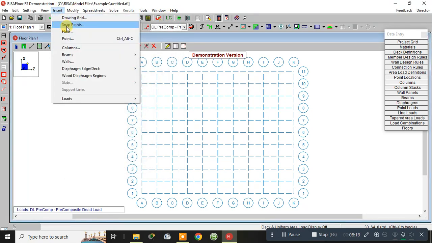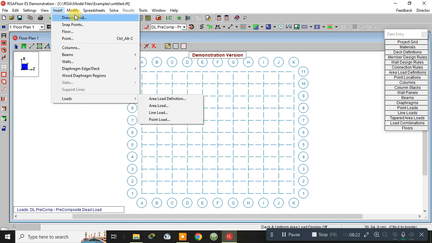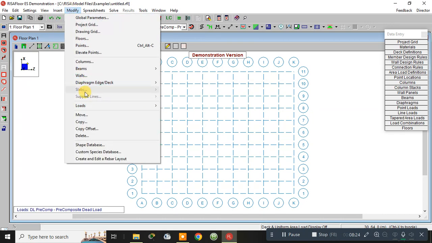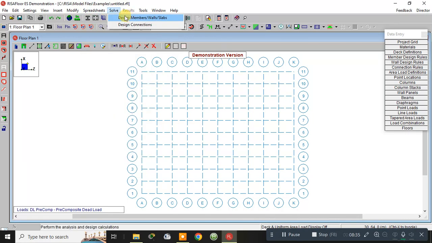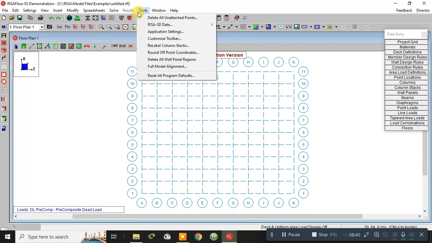After that you can go to the floor, then point, then columns, then beams, then walls, then diaphragm, then wood diaphragm, then various loads. Then you can modify all the same things from this tab. Then spreadsheets, I will show you the spreadsheets in detail. After any kind of drawing is created, you can edit the spreadsheet, then you can solve the design, then you can check for the results, then you can go to the tool and you can attach along with the